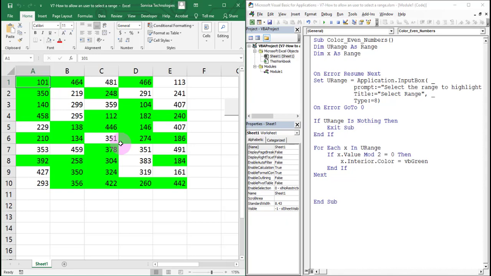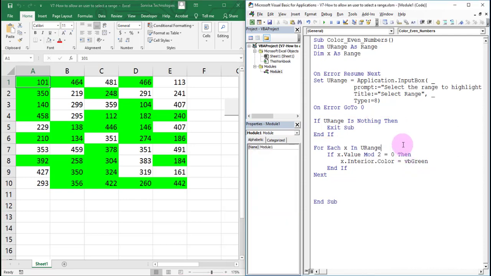This is not correct. What we have to do is, before executing this coloring code, remove all the formats. Where to add this code? Here you have ensured that the macro is exited if there is no range. But if there is a range, define what to do with the Else statement.